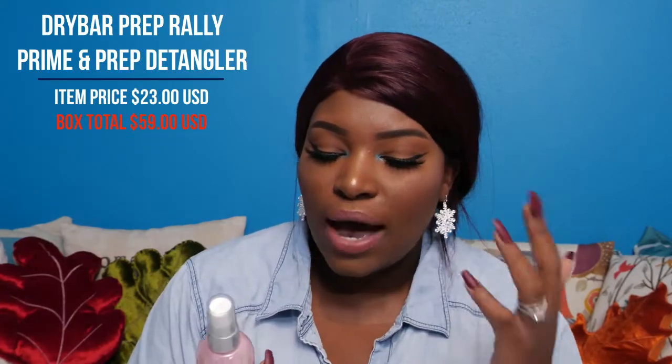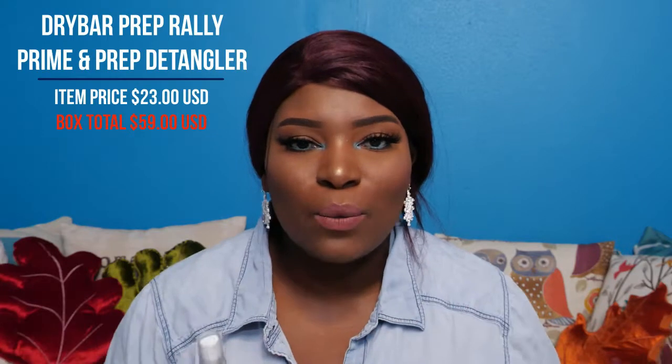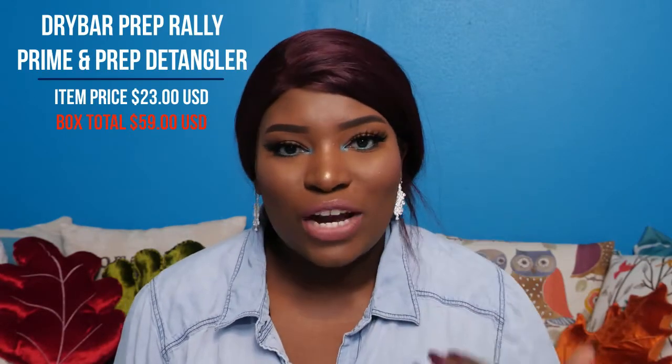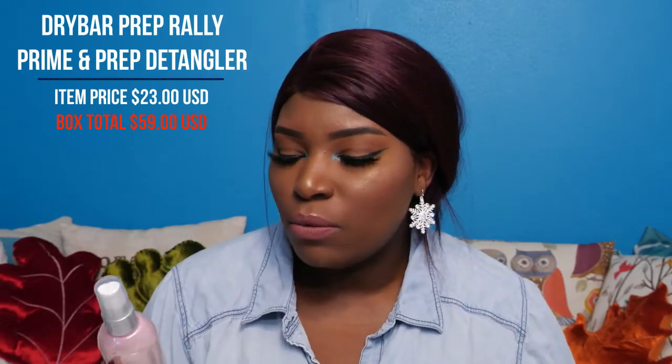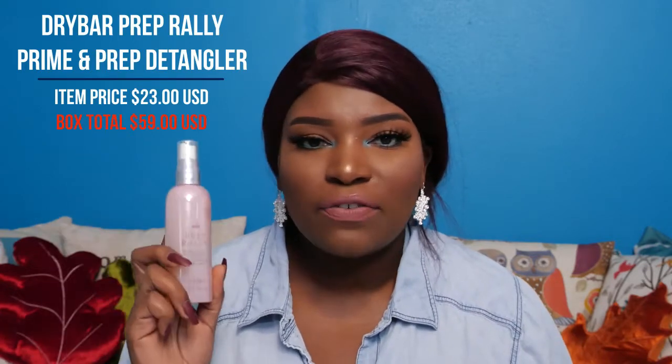Now, like you guys know, I do wear wigs, and I don't really straighten my wigs that often, but I do have a specific spray that I use for my wigs when I do straighten my hair. So because I won't be straightening my natural hair because it's still pretty short, I will definitely be putting this